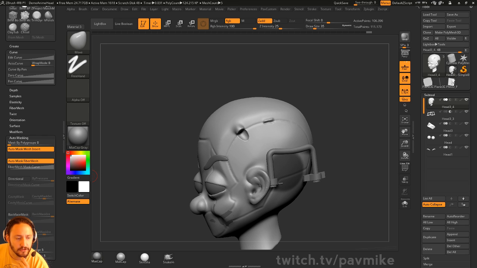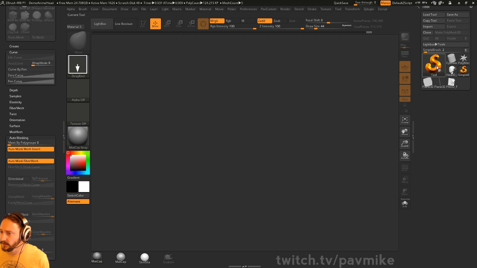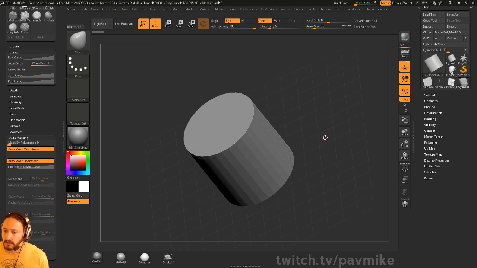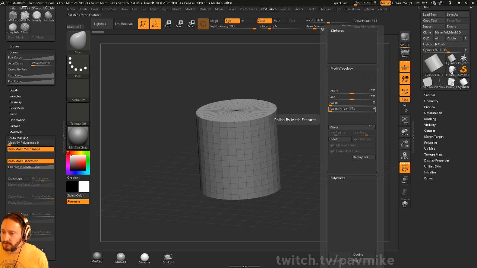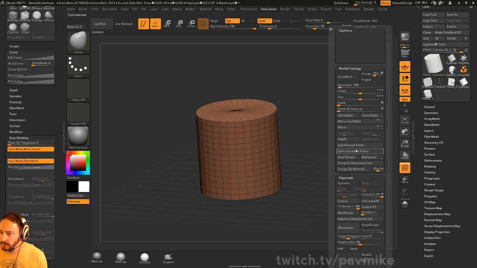How do you ZBrush live Booleans? You don't ZBrush the live Booleans. You can ZBrush a union mesh, and we go over that in the video. In fact, we can just do it here real quick. So we go here to a cylinder, and then we can go ahead and say make polymesh 3D, and then we'll go ahead and